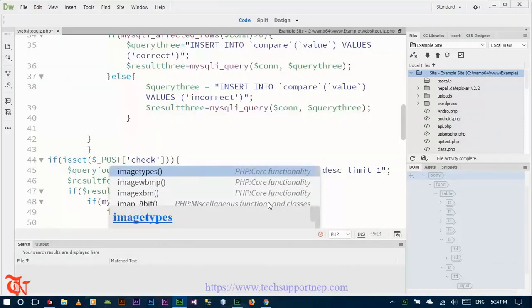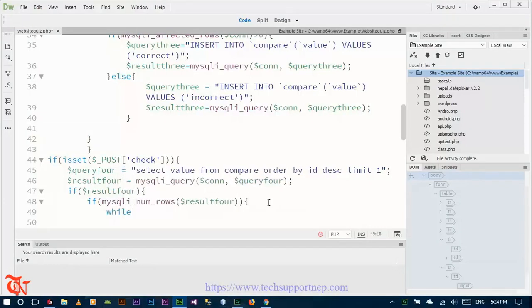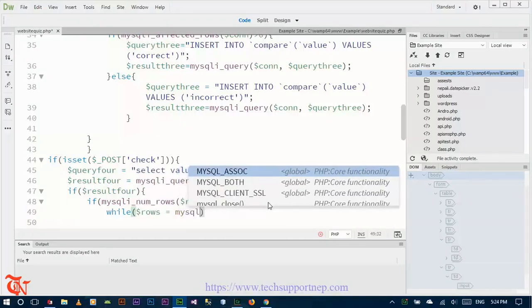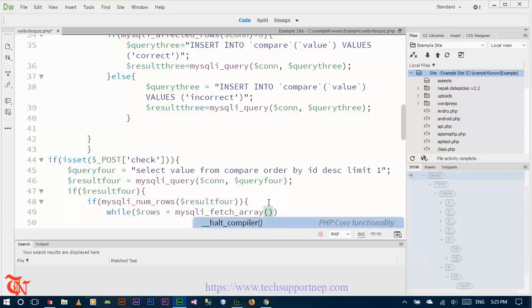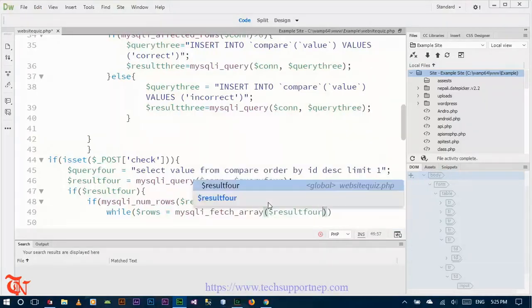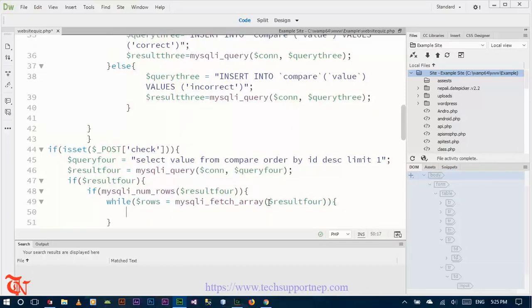and again while rows is equal to mysql_fetch_array, here goes result 4. This means there is the number of rows in our database that is extracted by this query, and this query means if there is a number of rows in the result, and again each row is converted into the array form, and this row variable stores the index of the array, that is index of the array is started from 0, 1, 2, 3, 0 index, 1 index, 2 index, like that, and